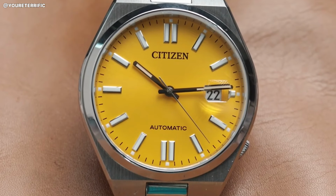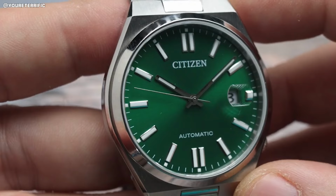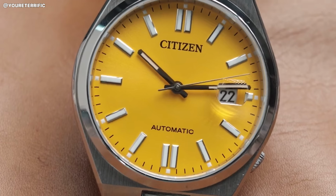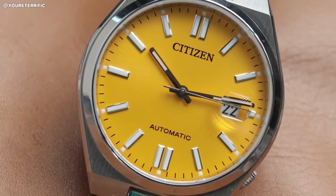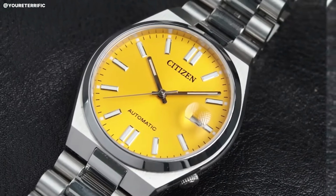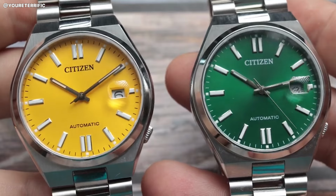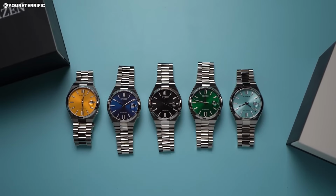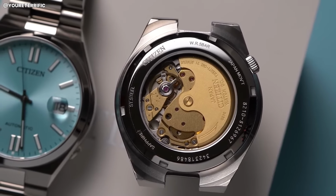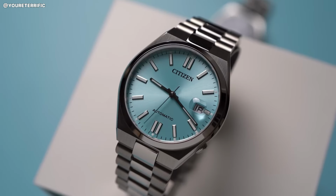Citizen's US site shows Tsuyosa variants with an MSRP of around $475, but frequently discounted. Street prices at big retailers and authorized dealers often land roughly between $229 and $350, depending on dial color and stock. Quick disclaimer, prices on this list might shift, so don't be surprised if they move around a bit. If you want your first nice automatic to feel special every day and still be sensible, Tsuyosa is the right kind of show-off. But if you want your real GMT without torching your budget, you might want to lean towards